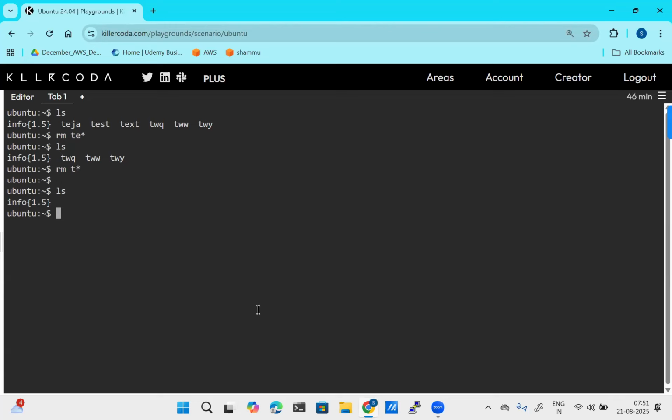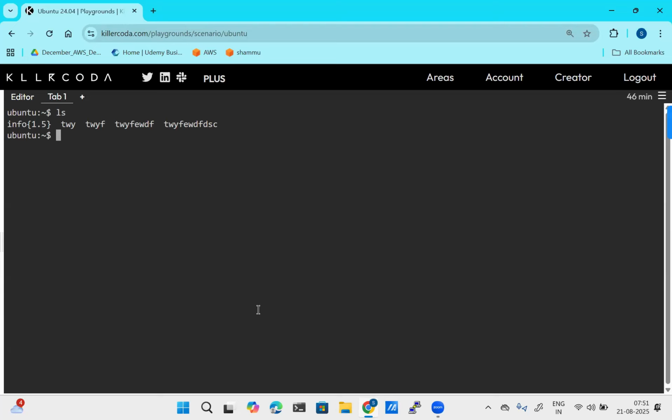Now, if you want to remove all files at a time, let's say I'm having these files. If you give the up arrow, you will get the previous commands. I want to remove all the files at a time, irrespective of the series, irrespective of the file name.